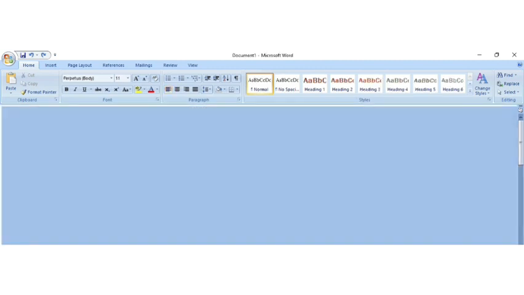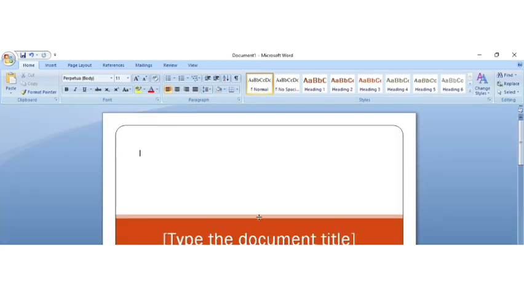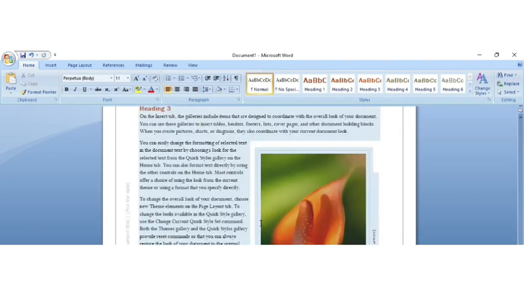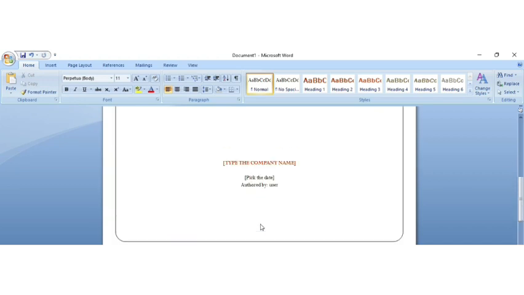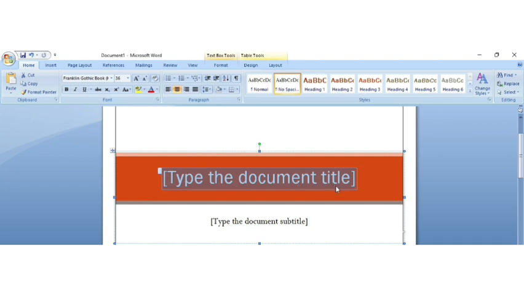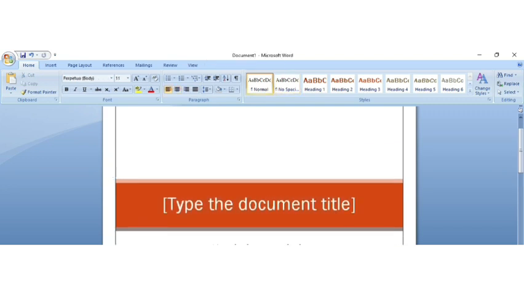Now automatically we will land on a new document. Now you can see here, these are the templates which are pre-installed or pre-designed for our document. We just have to click over it, edit it, and we can make a new document which we want. Alright, so this way we can use our document.